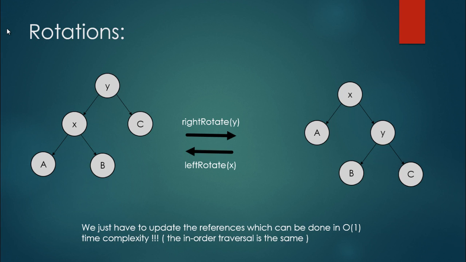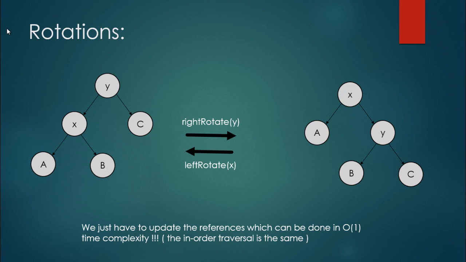And the A, the B and the C subtrees are going to change accordingly. If we make left rotations on the X on the right, it is the same as the right rotation in the opposite direction. So if we rotate to the right and then rotate to the left, we end up at the same position we have been at the start. So we just have to update the references, which can be done in O(1), which is constant time complexity,